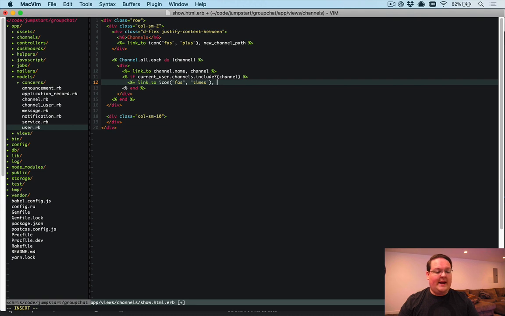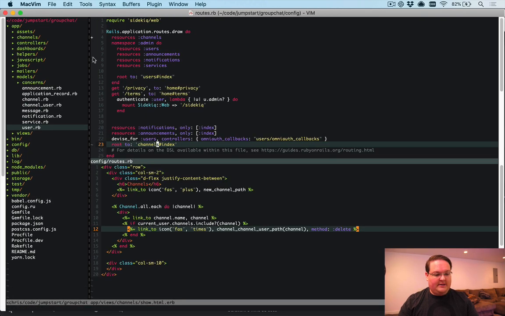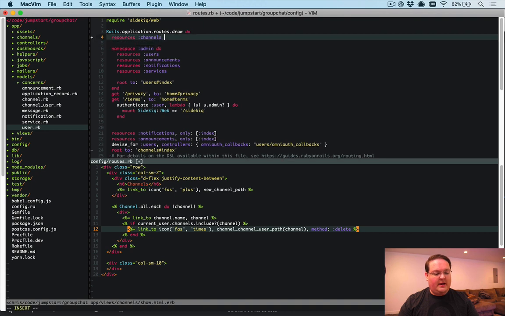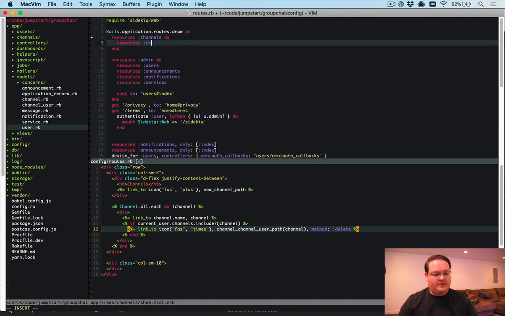And then we can have a channel user path with the channel passed in, and we'll have a method delete. So what that will require is us to define in here a resources channel users, or actually a singular